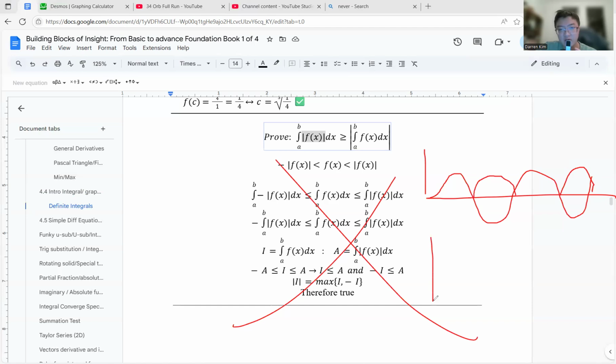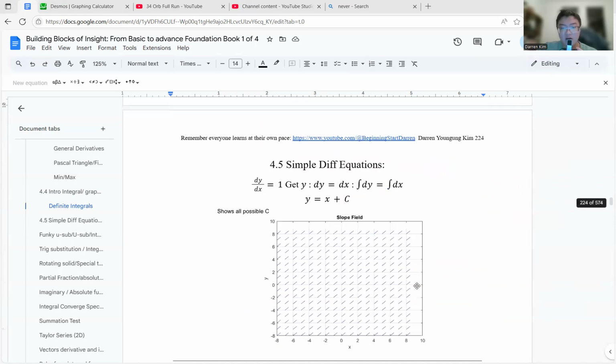But if you took the absolute value after you took the integral of it, it would be zero because this cancels out ahead of time and it makes a line over here. And you take the integral of that, that's zero. Basically, you could think of a sine or cosine or whatever. And basically, you could think of, oh, that's kind of no duh.